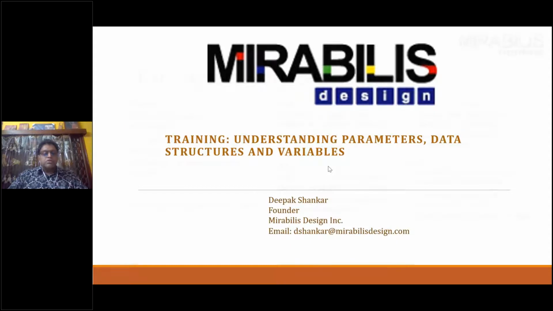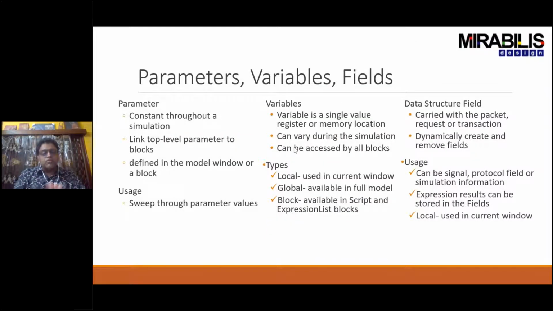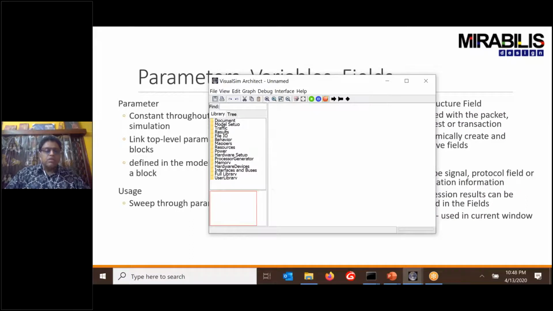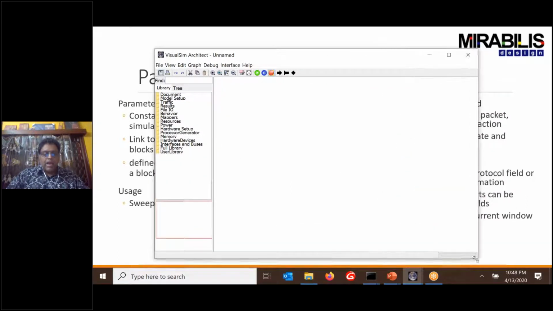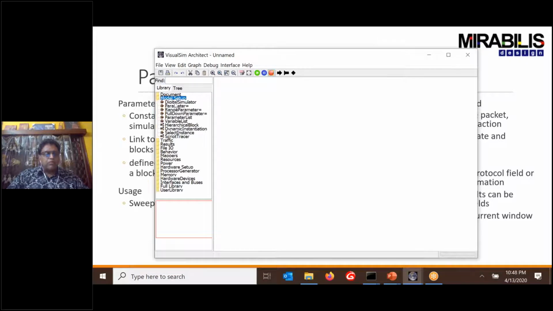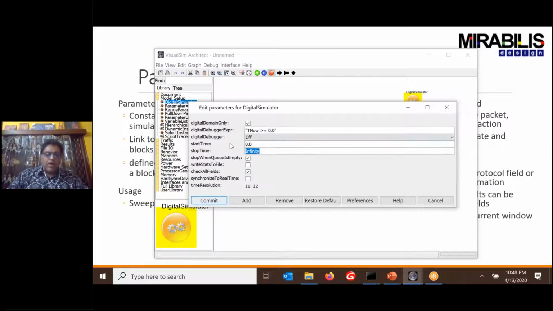So the key aspect of Visual Sim is a threefold thing: parameters, variables, and fields. I'm going to walk you through this in a model. So this is the Visual Sim environment, and these are the libraries. I can drag and drop a component. In this case, I drag and drop what's called a digital simulator. I can specify how long I want to run the simulation. I'm going to say